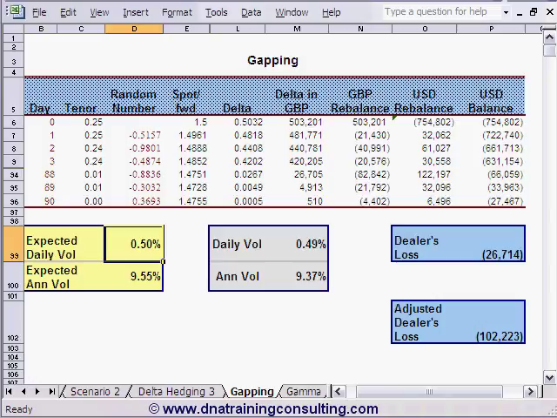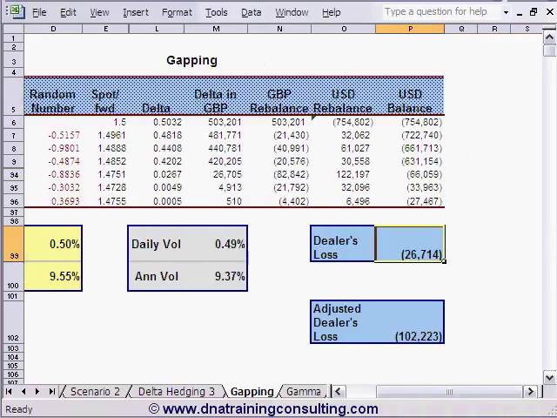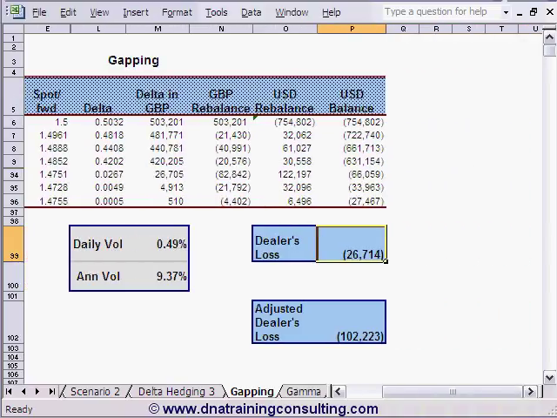If spot remains stable on that day at 1.4755 or moves very little, then at the option's expiration, the option would lapse, i.e. would not get exercised, and the trader will simply close his currency position for a loss net of $26,714 appearing in cell P99,